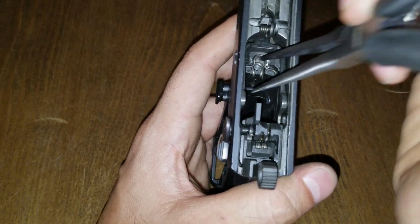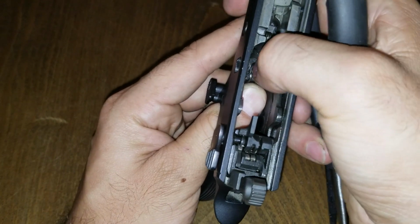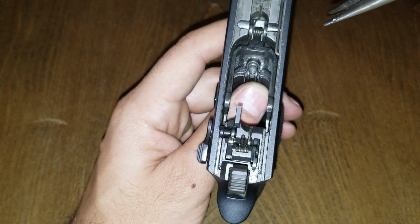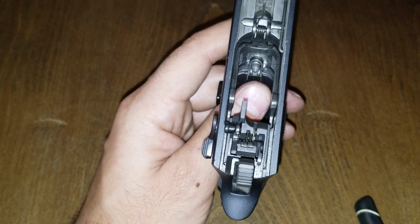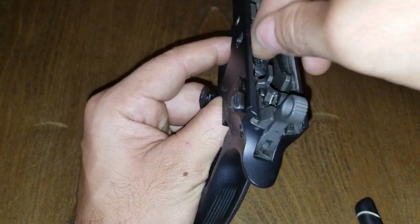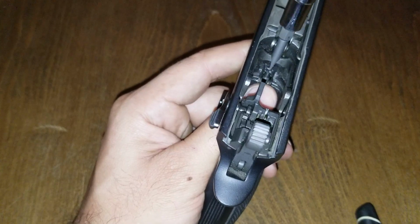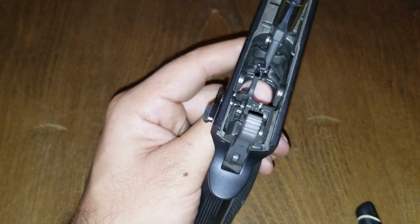You place your trigger bar spring back over your magazine release tension spring. When you replace the retaining screw, you want to go about the distance of when it makes contact with the first spring,